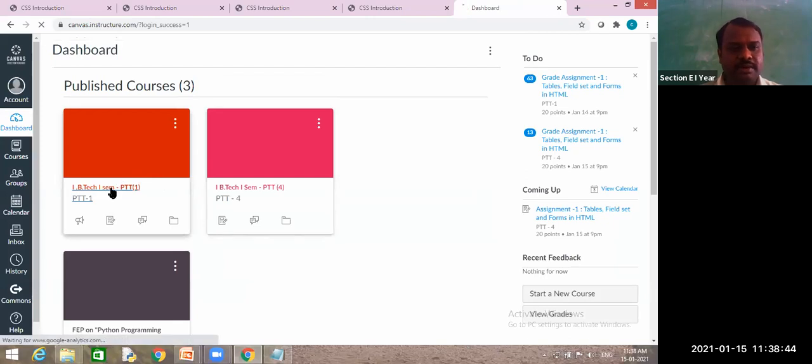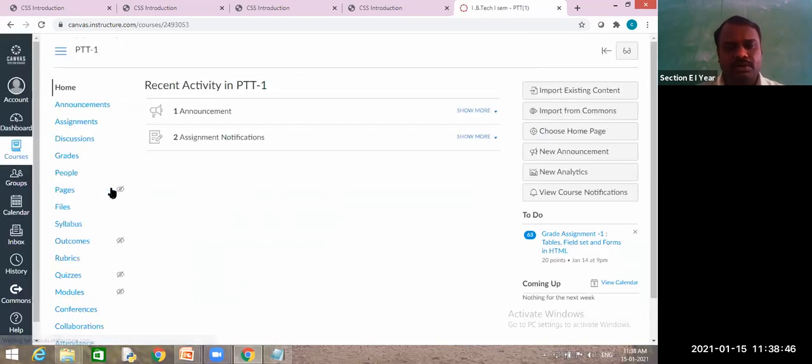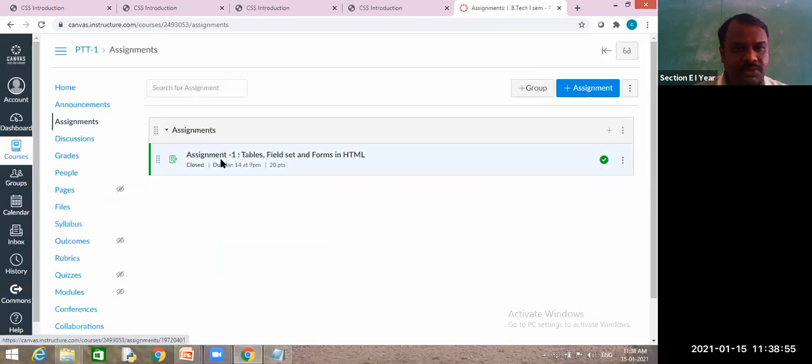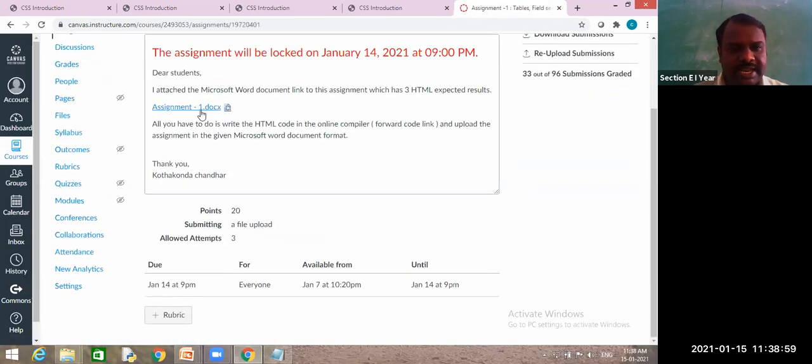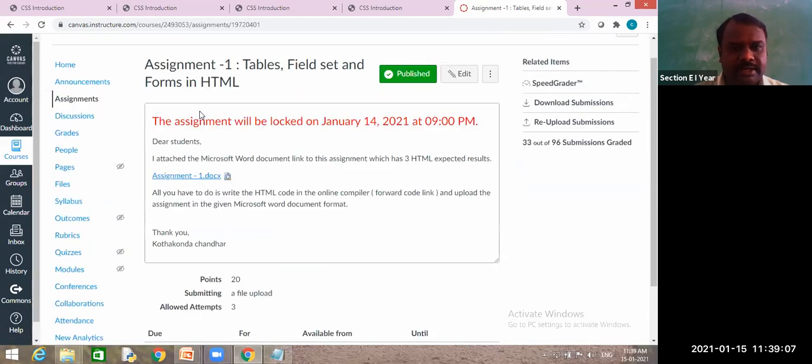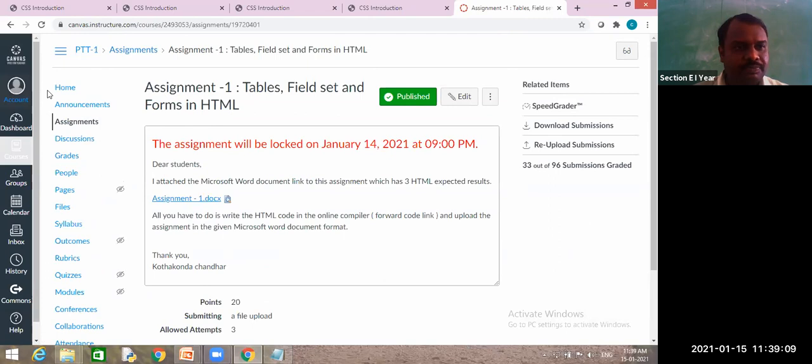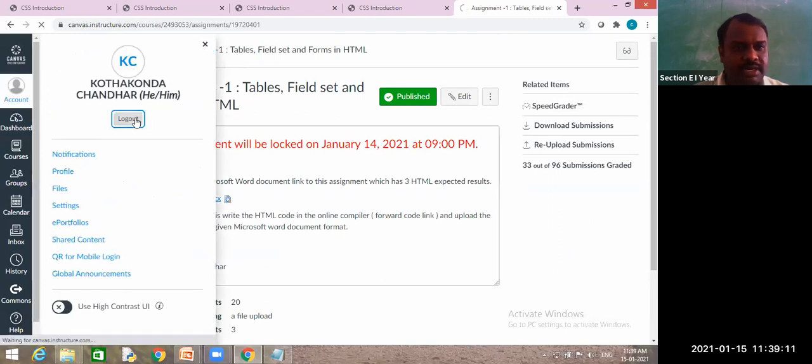The way the assignment was given to you is the same way you submit it. When you click on this assignment, this is the administrator view, my view. Here I have attached the file. If you fail to download it, when you click on it, it will download automatically. Next I will show you your point of view, how it will display.